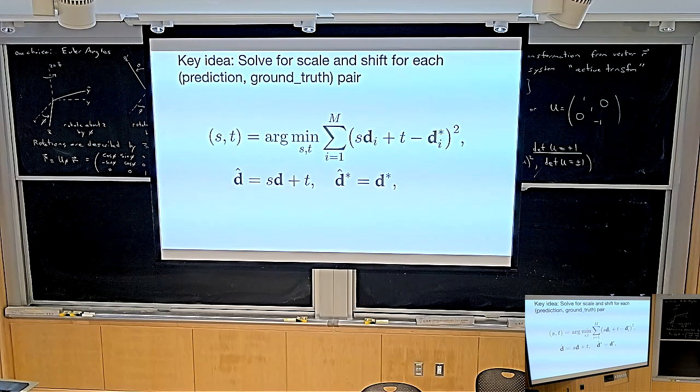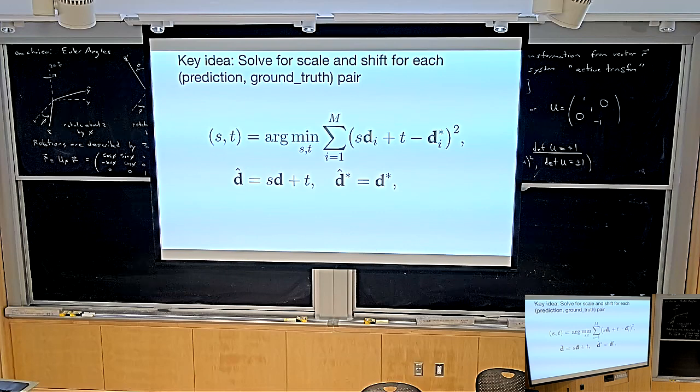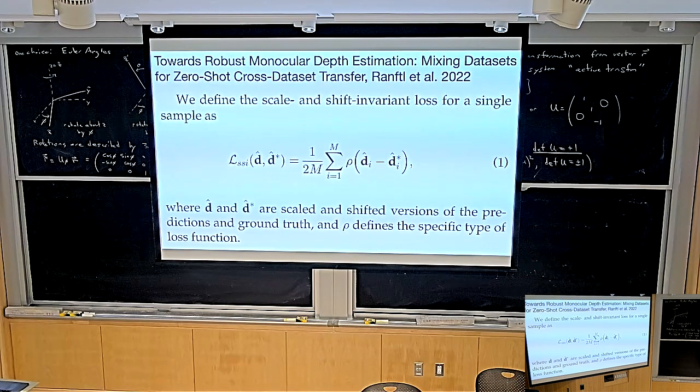And the answer is very simple. It's kind of similar to the eigenpaper, but now in disparity space. So they basically do the same thing. They say, okay, let's take the ground truth disparity map, and let's take the predicted disparity map, and then let's just solve a little least squares problem, solving for the optimal scale and the optimal translation to fit these two against each other. Then we use that scale and that translation to rescale the prediction, and then we compare the rescaled version to the ground truth version. Does that make sense?